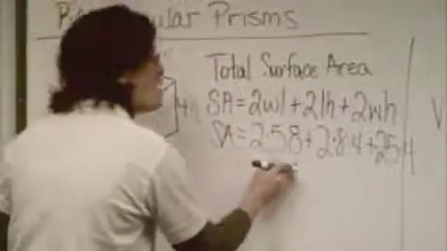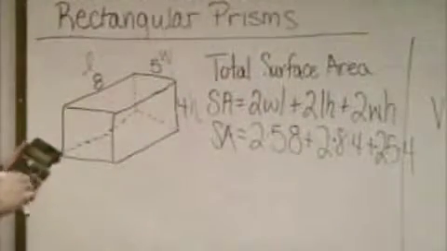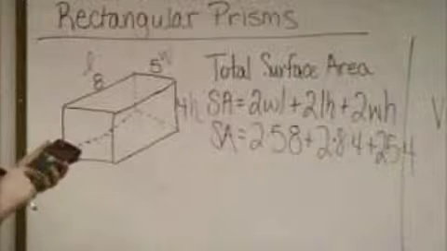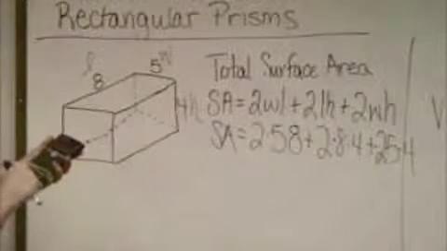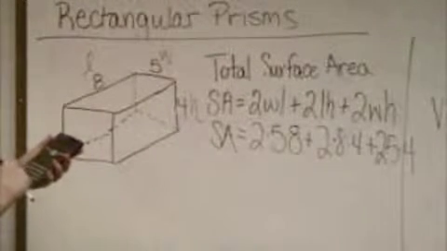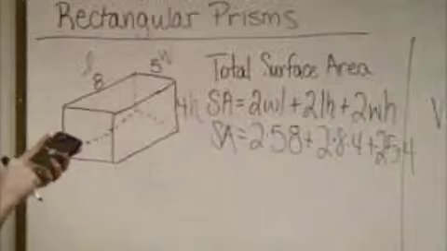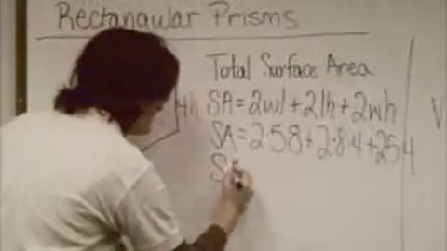If you plug this all in on your calculator exactly as it shows, it will do the work for you. So 2 times 5 times 8 plus 2 times 8 times 4 plus 2 times 5 times 4. When I do that, I get a surface area equaling